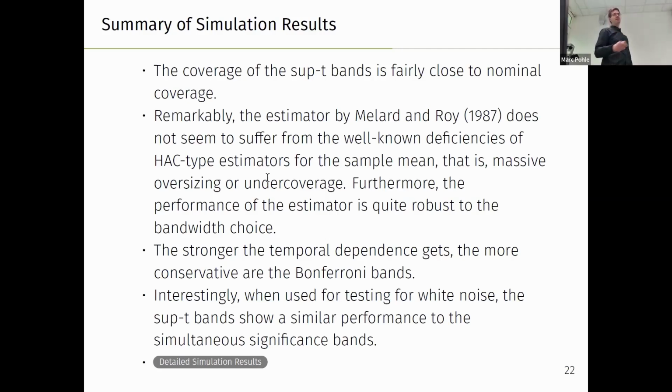So with the Müller-Roy estimator, I couldn't believe it at first, but I don't know why, we have no problems. And additionally, usually the performance of the HAC estimator in this case of the sample mean depends strongly on the choice of the bandwidth. And here it's quite robust. This Müller-Roy estimator is quite robust to the bandwidth choice. I don't know why, but